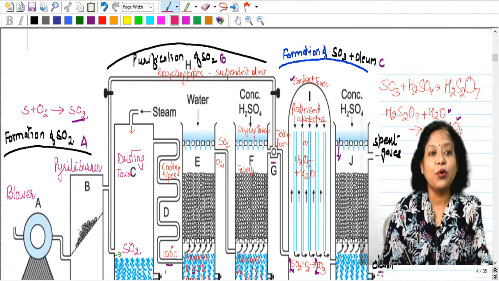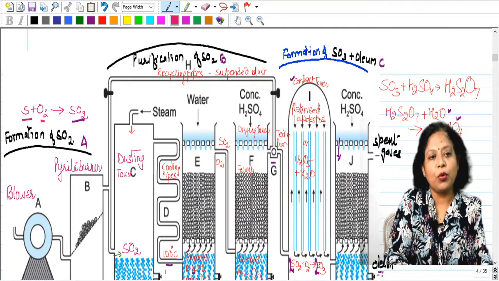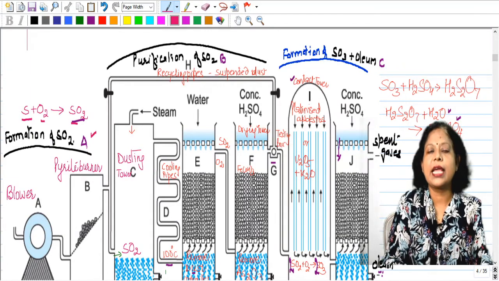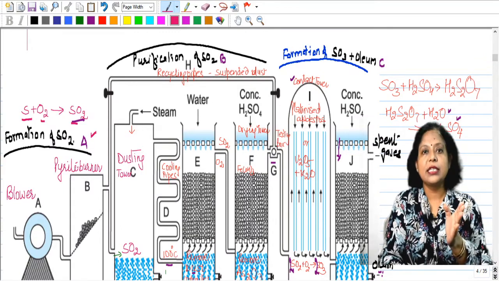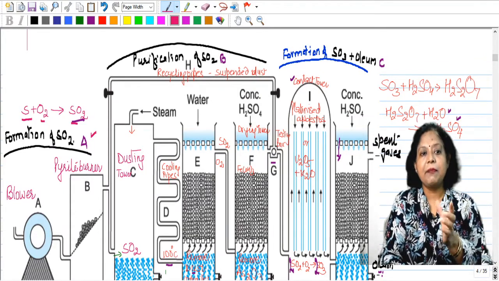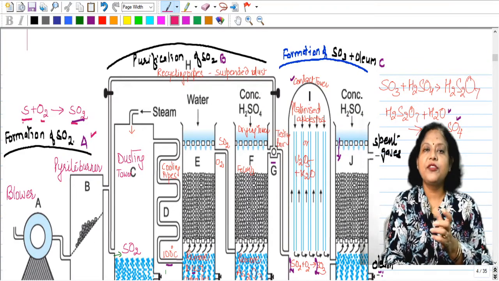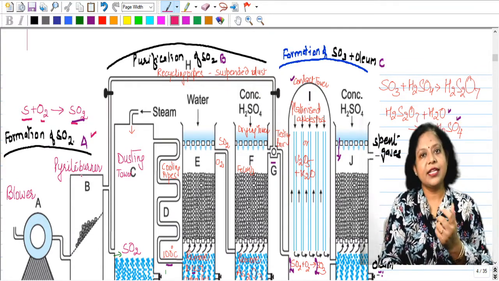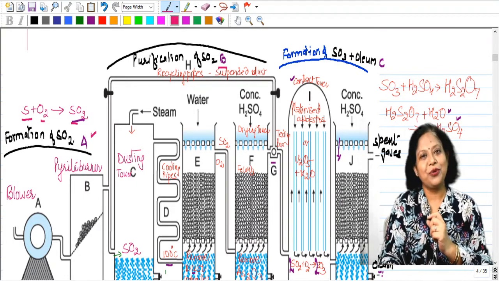What are pyrite ores? The ores which contain sulfur. So this pyrite ore, with the oxygen coming from the blower, is converted into sulfur dioxide. This unit is known as the A unit, or the unit where sulfur dioxide is produced. Now what is the second step? The second step is that we need to have pure sulfur dioxide. Because when we are treating this with ore, there are other impurities also, so we purify the sulfur dioxide gas produced. So the second unit is the purification unit of sulfur dioxide gas.